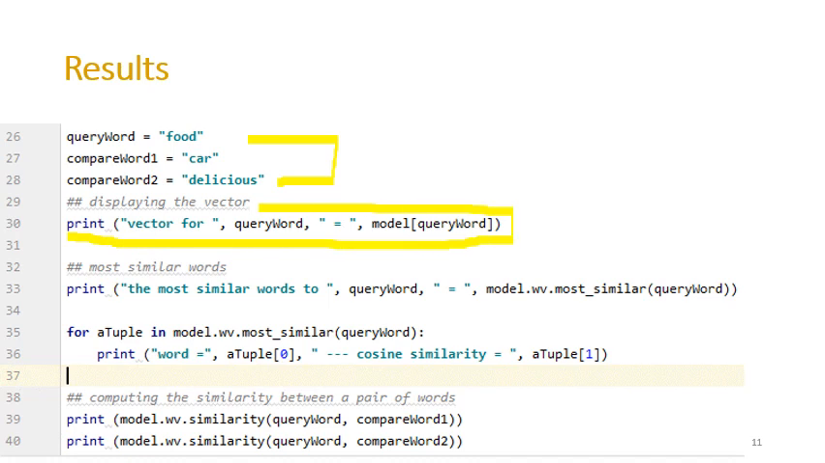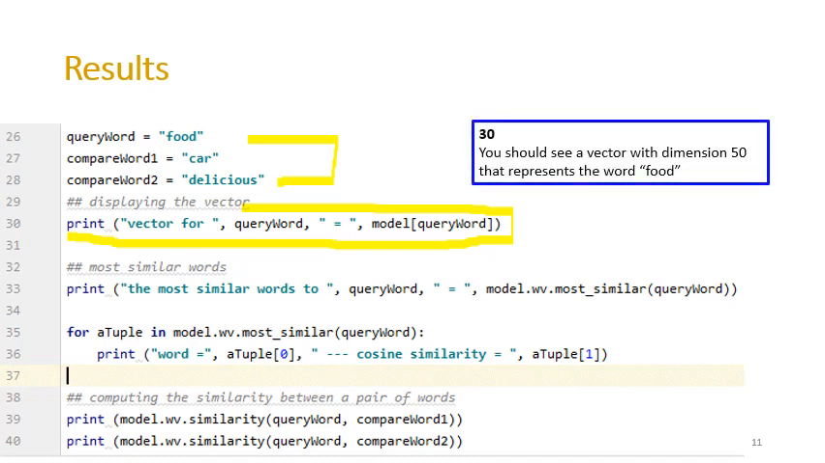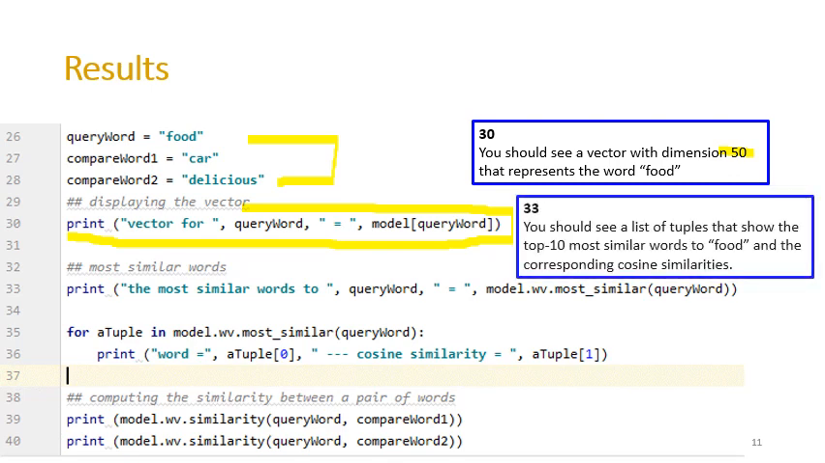Here I'm displaying the vector for the word food. So you should see a vector with dimension 50, because I specified in the model that the size is 50. So you should see the vector with dimension 50 that represents the word food. And then I also print out the most similar words to the word food, because this query word is food. So I display the top 10 most similar words to the word food,